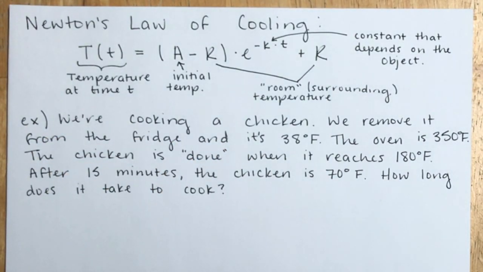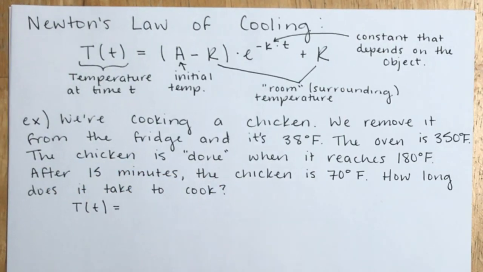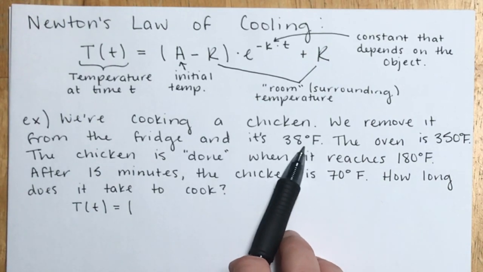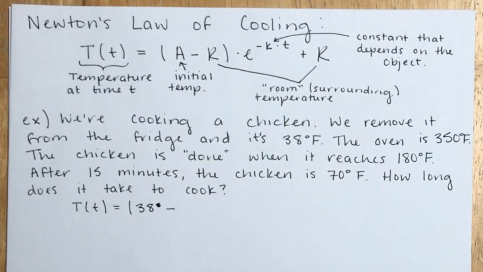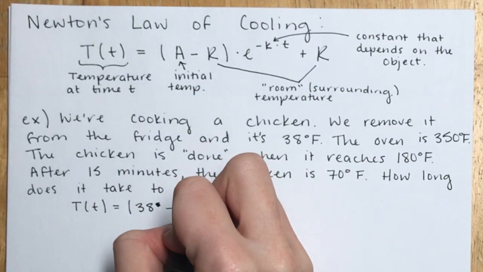Okay, so we've got a lot of information here. Let's start putting it into our formula to sort of help us sort it out. So what is our initial temperature in this situation? We've just taken it out of the fridge, right? So our initial temperature is this 38 degrees Fahrenheit minus our room temperature. So remember, this is just the surrounding temperature for the object. So we're putting it in the oven. So our surrounding temperature is going to be how hot the oven is, right? So 350